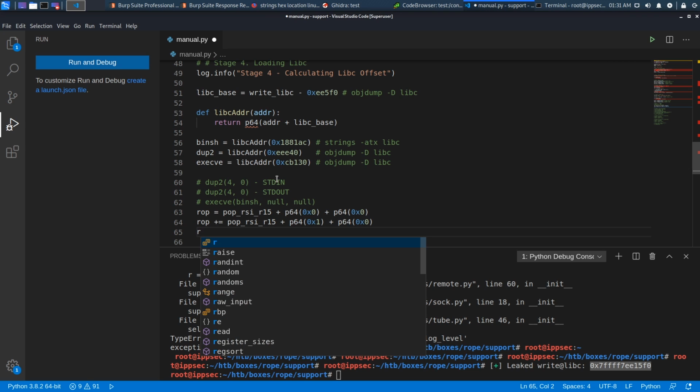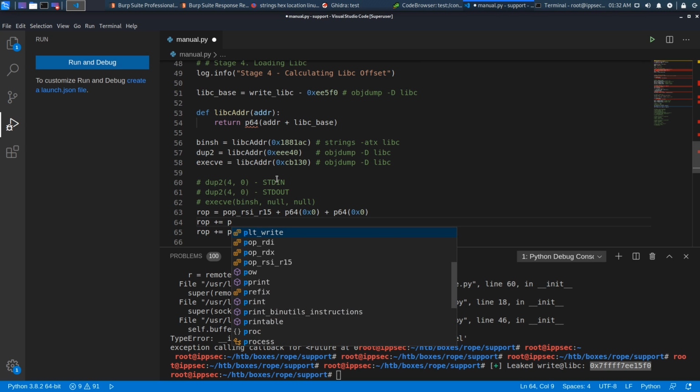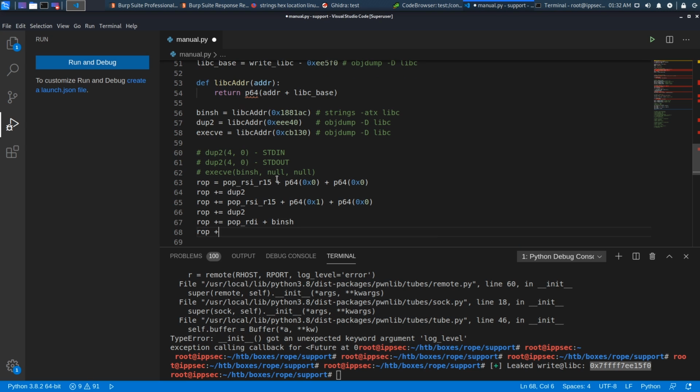So we can do ROP plus equals dup2. We actually have to call them, and now we can do ROP plus equals pop RDI plus /bin/sh. ROP plus equals, we did do execve,